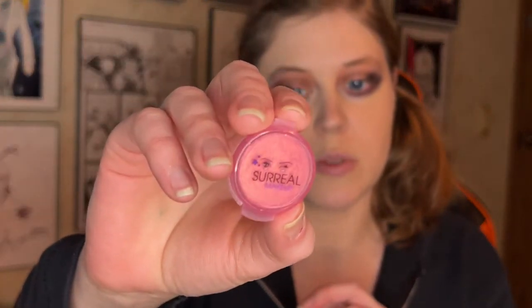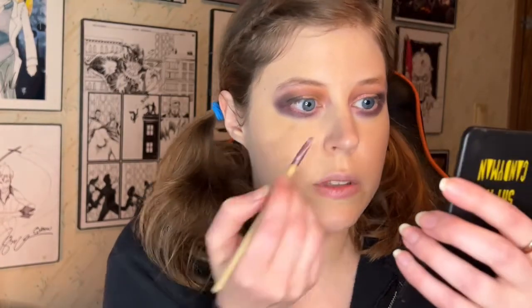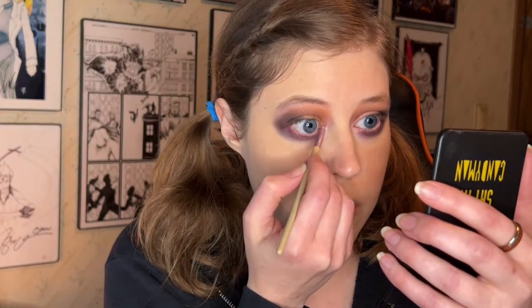Going back into that pressed powder that I used before of the Sunset Beach from Surreal makeup, I'm just gonna add it to the corner of my eyes. Love her formula so much. I'm so excited when she gets more colors out. And this I am using